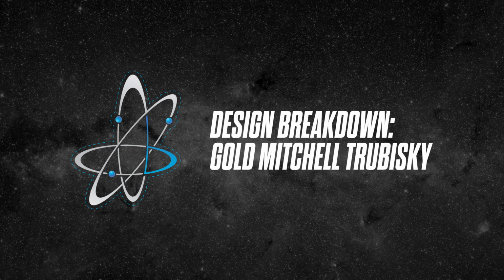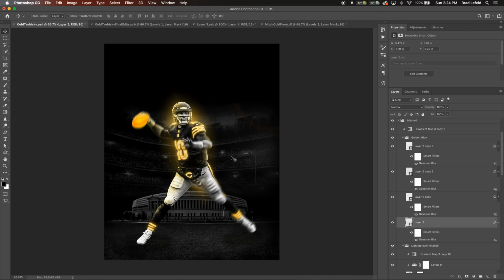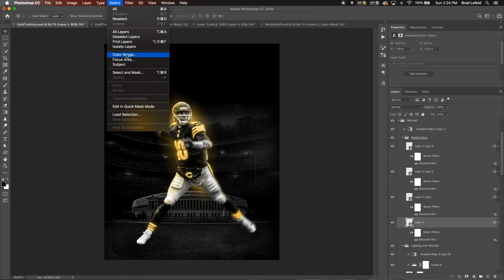On top of that, I have this golden glow. So these layers are just multiple layers of the same thing set to different Gaussian blurs, set to screen, screen, screen, and the bottom one is normal. So what these are is, if you go up to select, you can select color range. And what I did was I went in here, and it's gonna look different, but you can click on the plus eyedropper tool and select yellow,